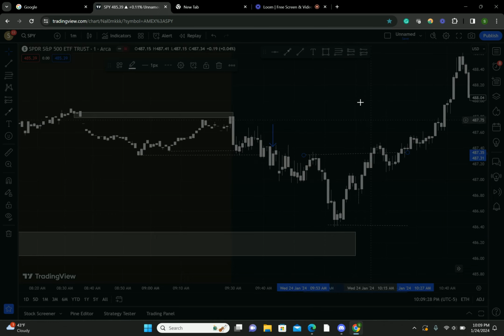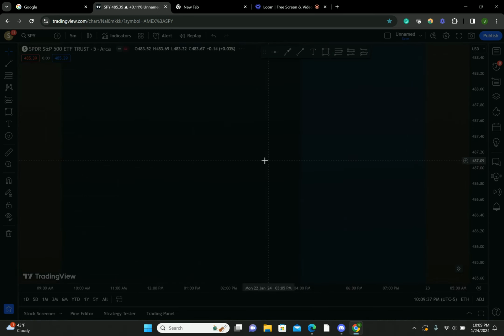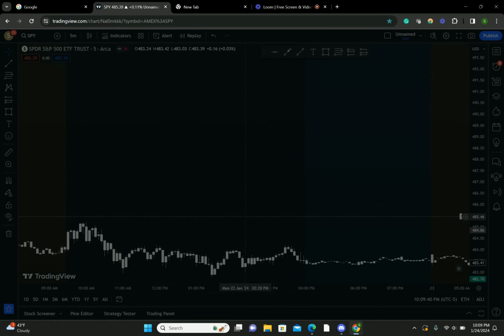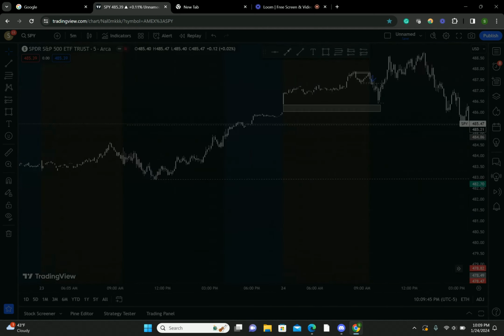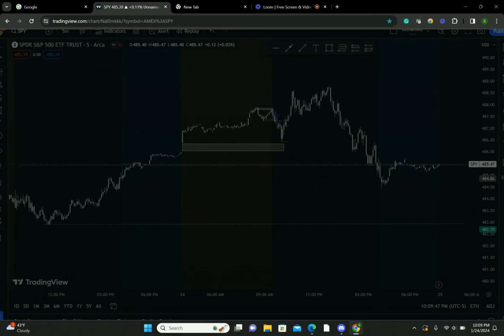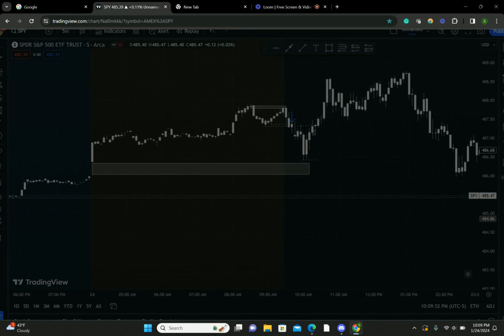Then I would look on the 5 minutes to see what's going on. So let's mark this off, right over here. I want to go to the 5 minutes and see how this would have looked in real time. Obviously we can see it went up, but let's see why. I know there's a zone there, but price didn't go to it. It didn't touch it. Even if I draw it, it's still not touching it. Oh, that makes even more sense.